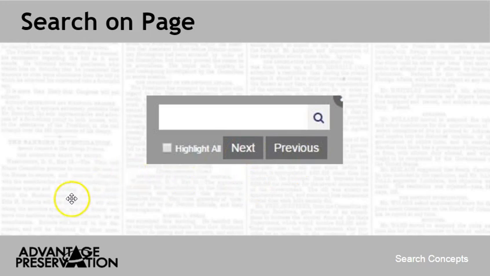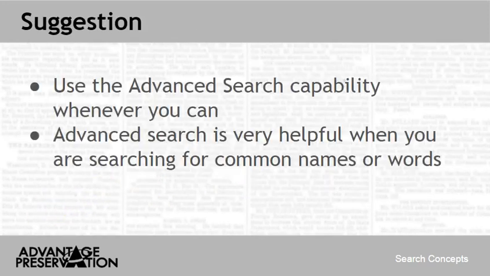So you've got 4 different options. You've got the basic search, the advanced search, the keyword search, and the search on page. Those are the 4 types of searches that you can do using the search portal. My advice is to use the advanced search whenever you can. It provides the most capability to home in on the results that you want,